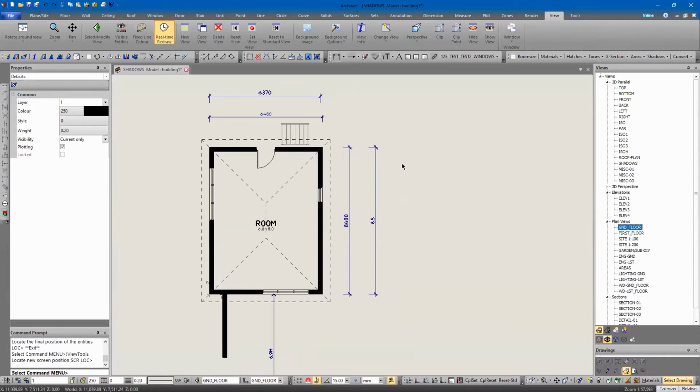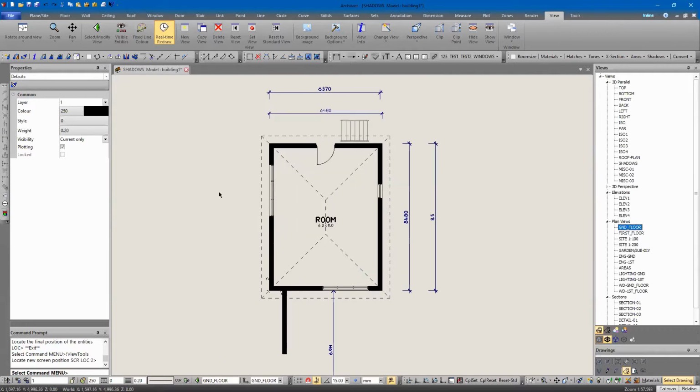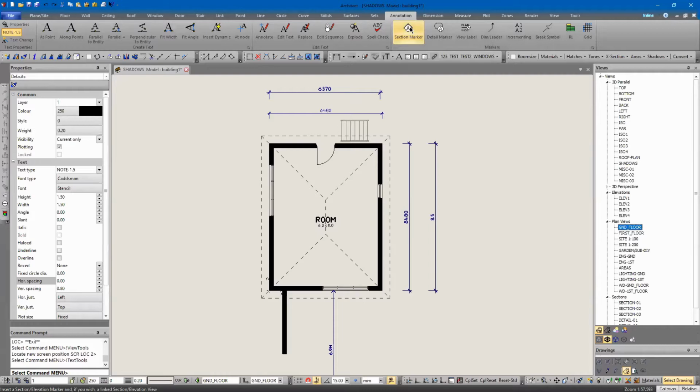Because I do a lot of multi-unit work, I tend to set it so that my section views are already pre-set up, so that I've got the same views in every model that I'm making, and then just realign them. So if we're going to use the annotation section markers up here,